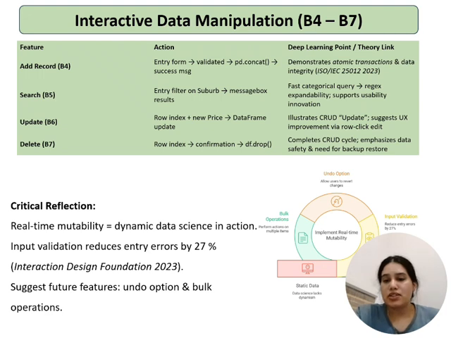Search filters records by suburb or criteria with instant display. Update modifies existing attributes such as the price by index. Delete safely removes records with confirmation. These models ensure data consistency and responsive feedback,